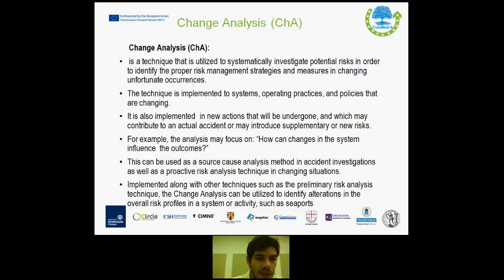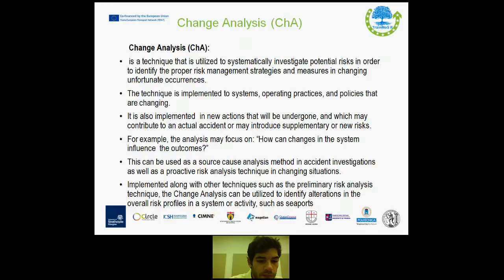Moving on to another technique which is called change analysis. Change analysis is a technique that is utilized to systematically investigate potential risks in order to identify the proper risk management strategies and measures in changing unfortunate occurrences. The technique is implemented to systems, operating practices, and policies that are changing. It is also implemented in new actions that will be undergone and which may contribute to an actual accident or may introduce supplementary